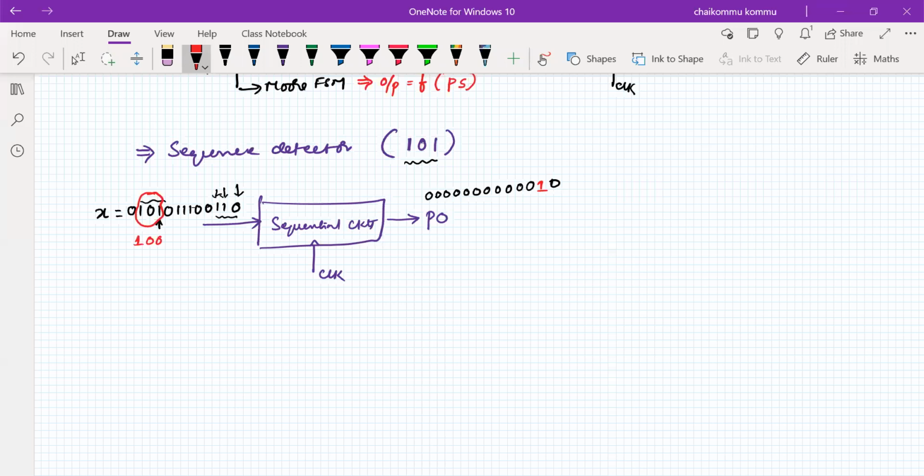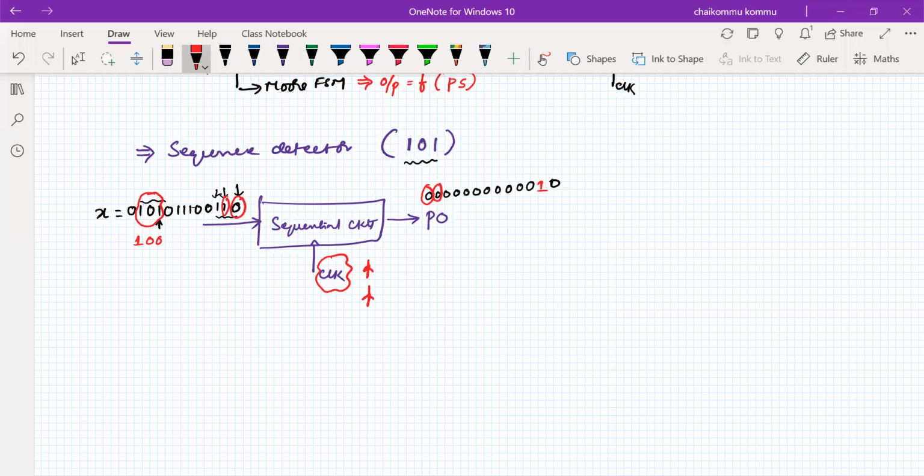All this, whether the input is coming inside this sequential circuit or sequence detector, is decided by a clock signal. Whenever the clock signal is equal to 1, the first bit is made available to the circuit and produces an output. Next we apply another clock signal, take another bit, and produce an output, 0 or 1. Like this it will be generating the sequence.